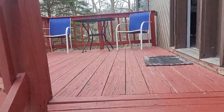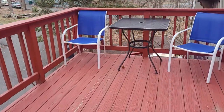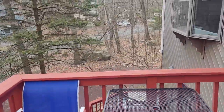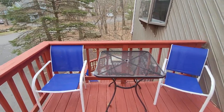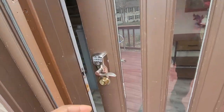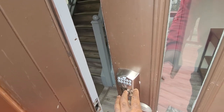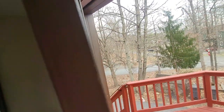On a perfect summer day or spring day or even a fall day, you can sit right here and enjoy the view of the houses in front of you. So being here, you might feel like you're the only one here. Your neighbors might be some squirrels, some bear, and some deer. And to get inside this property, here we are. You have to put in your code, and this door is already open, so you won't need to see the code. You step into the house, and the first thing that you'll notice is